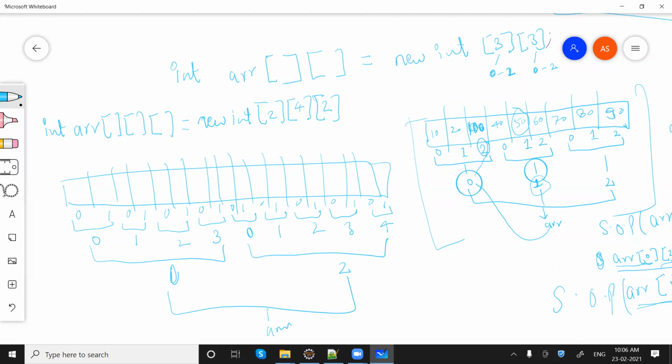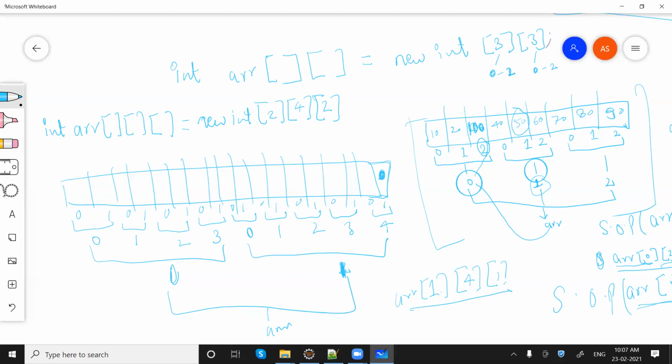So for example, if I want to access this particular position, what do we need to write? Can anybody tell me the end position, what we will be writing? Array of 1, then 4, then 1.